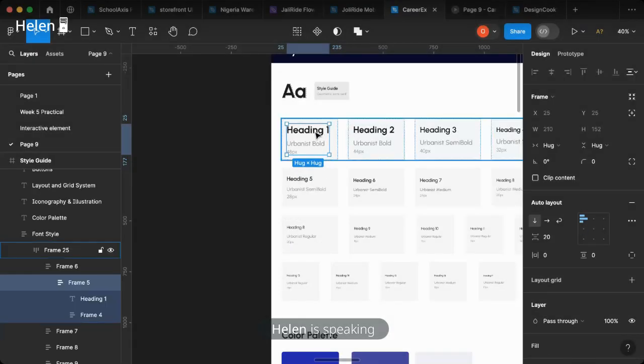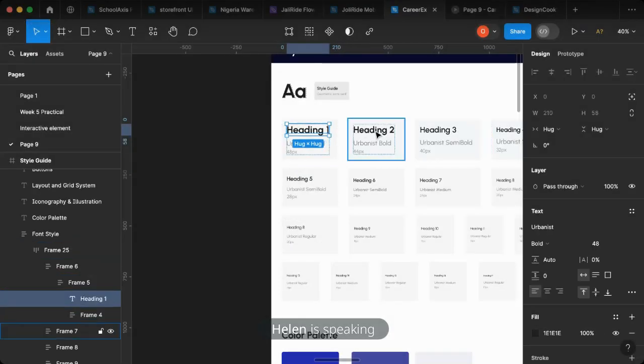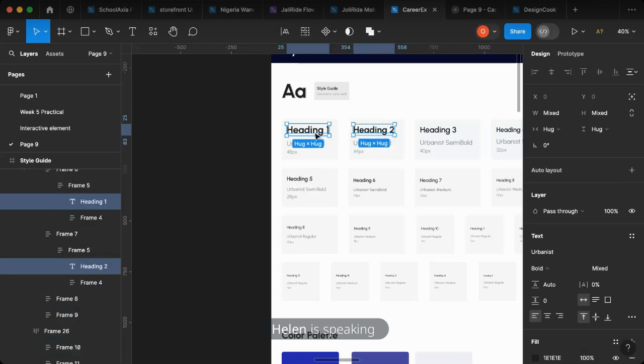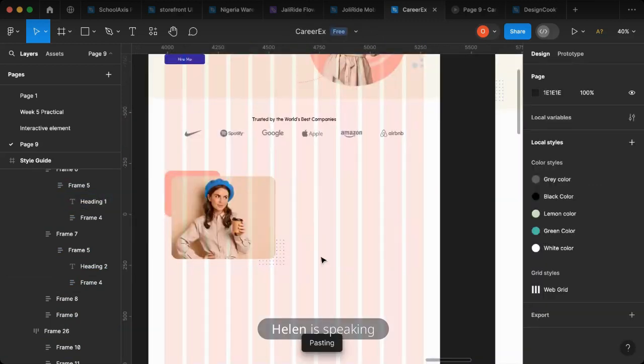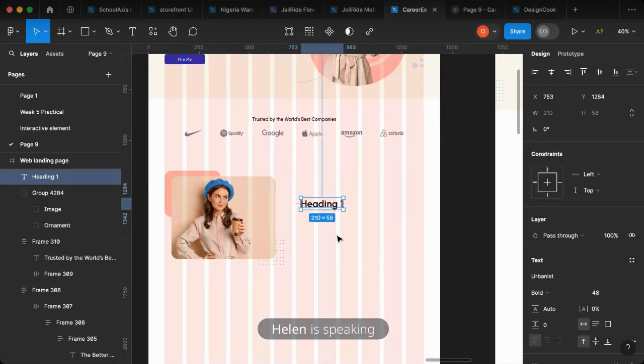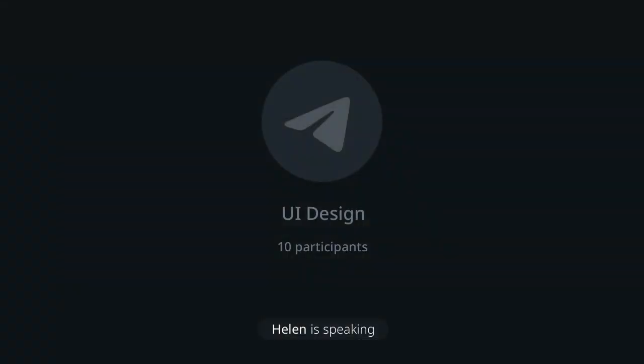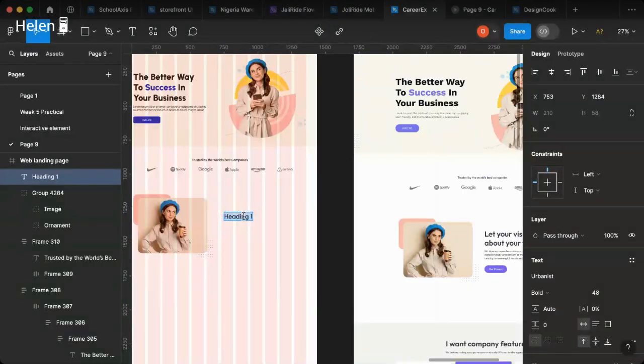So you can just copy one and adjust from this place. I'm going to paste it here. Once I paste it, what was the content again? So it says, "Let your visitors"